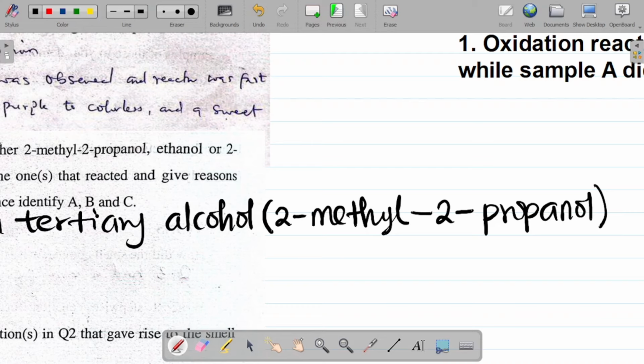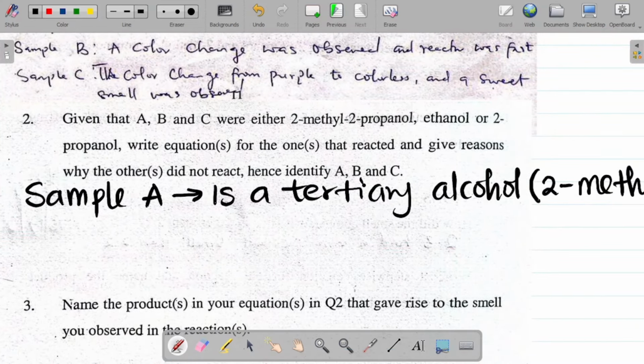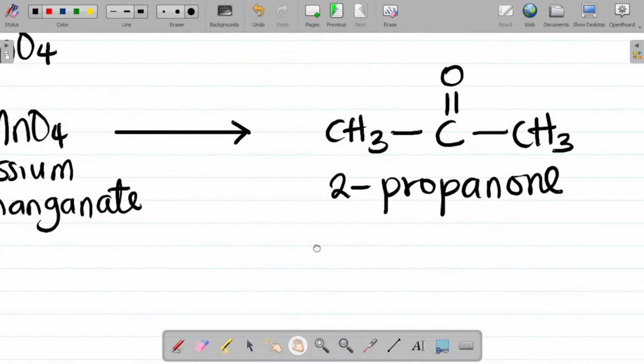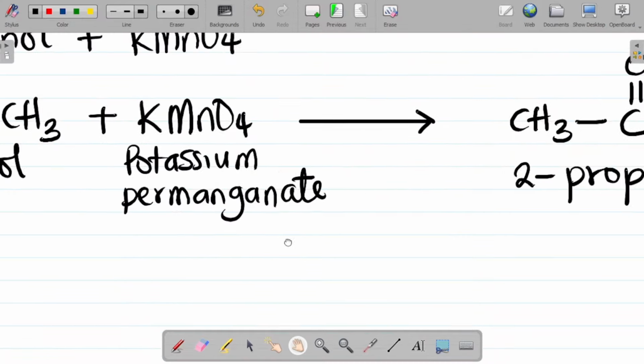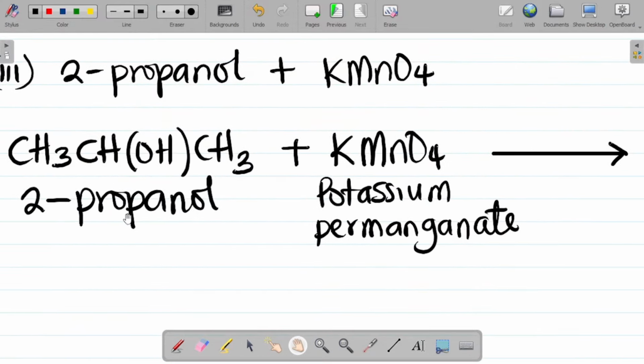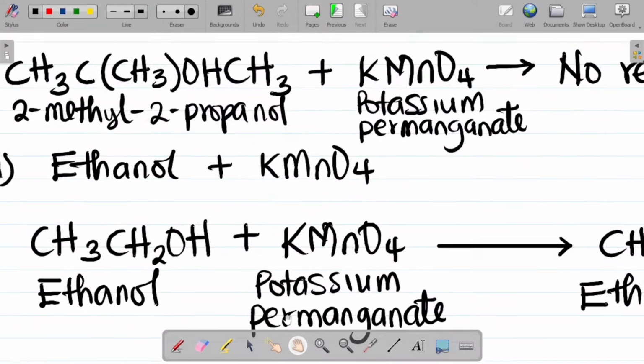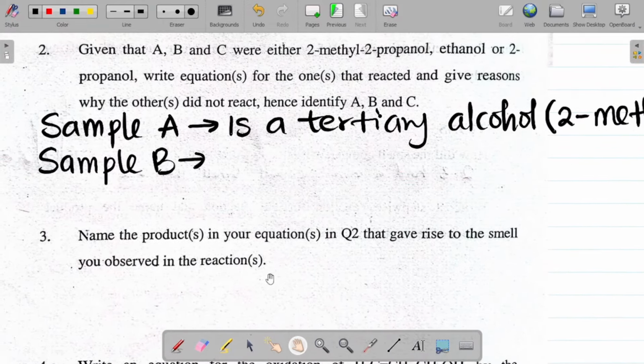All right, so 2-methyl 2-propanol is sample A. Let's look at sample B. For sample B, one of the distinguishing factors is that sample C had a sweet smell, all right? And sweet smell are only from the ketones. So the ketone, which in this case is 2-propanone, gives you a sweet smell. So most likely sample C is 2-propanol, and 2-propanol is actually a secondary alcohol. Hence, we are left with the primary alcohol, which will now be sample B. So I'll now say sample B is a primary alcohol,